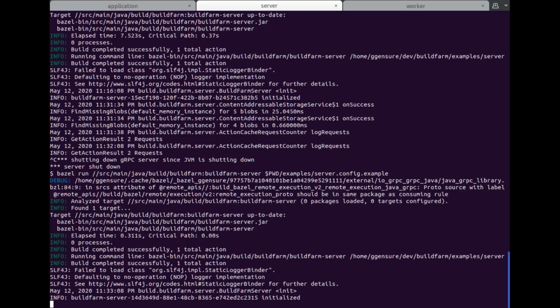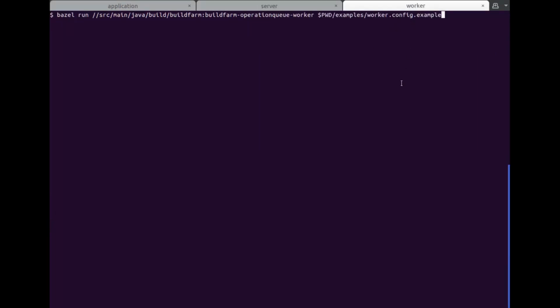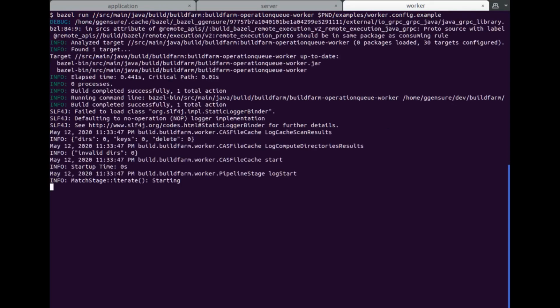To add remote execution capability to our Buildfarm, I'll switch to a third terminal and run our worker process, again with the provided default configuration from the Buildfarm repository. The worker we're using is the operation queue variety, which requests work from the server and reports its status and results when complete. The worker has printed out an initialization message, and now all we're waiting for is the work to arrive. I'm going to switch back to our application,